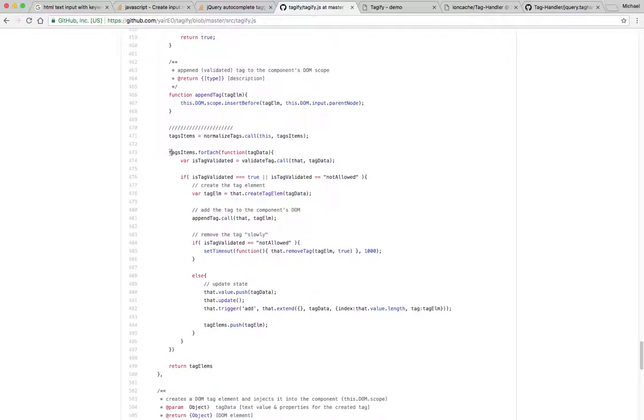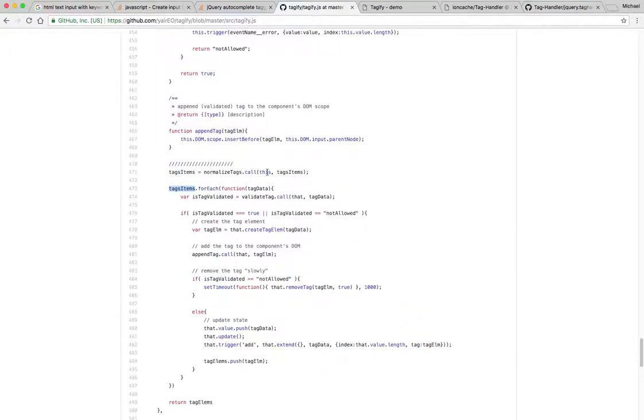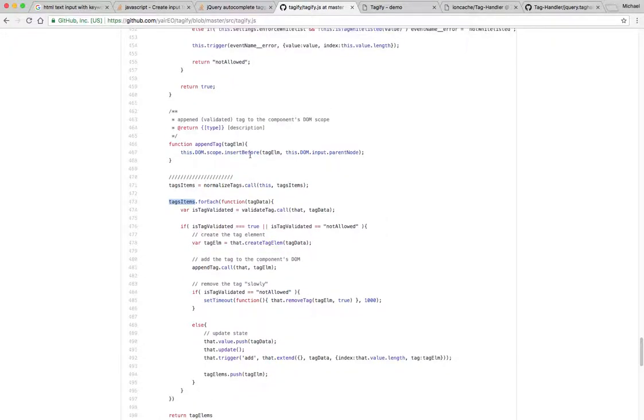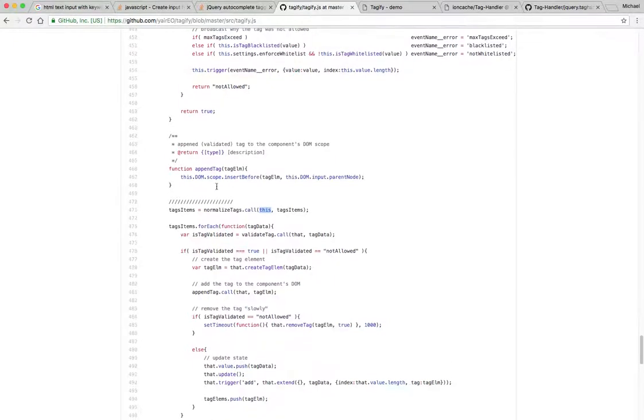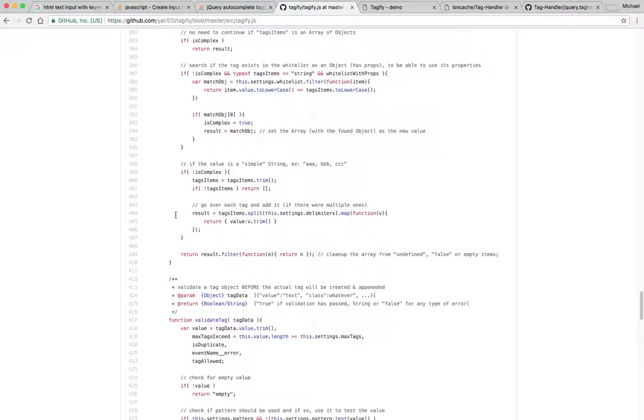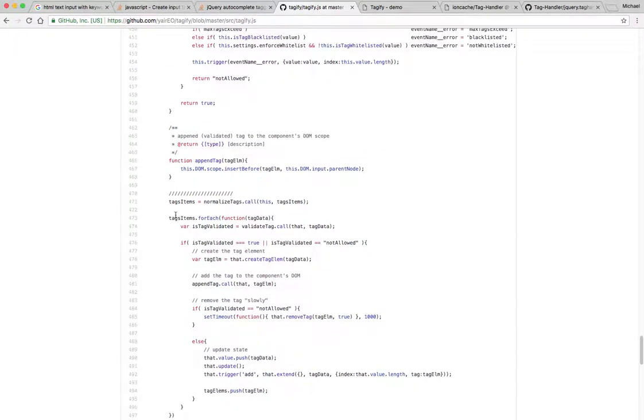So there's tags items. Normalize tags call off of this tags items. Okay, so call is a way to call a function where this in the function that is called is what's passed in as the first argument. So it's just saying what I just explained. So, this, which is I believe